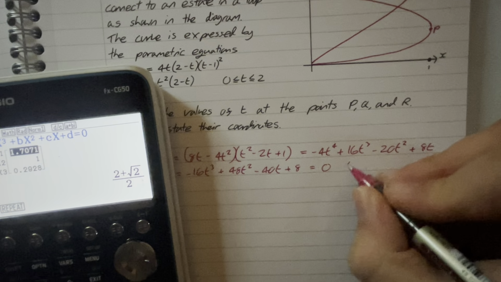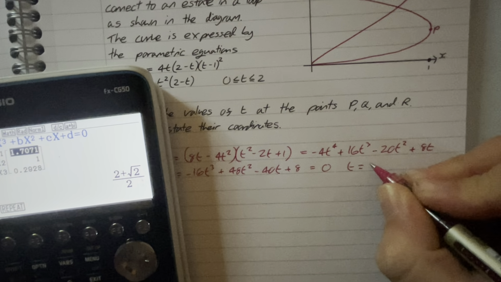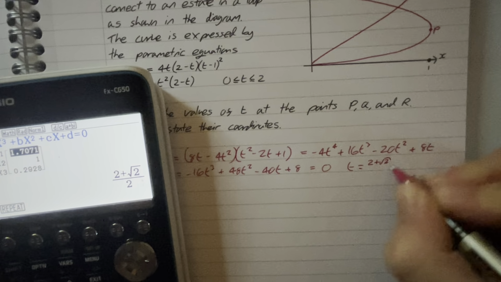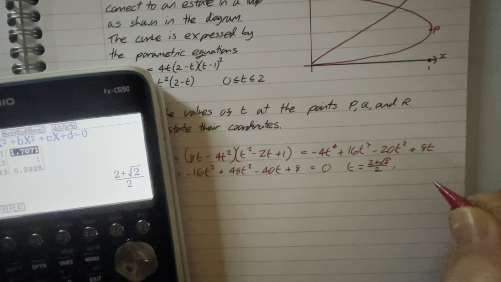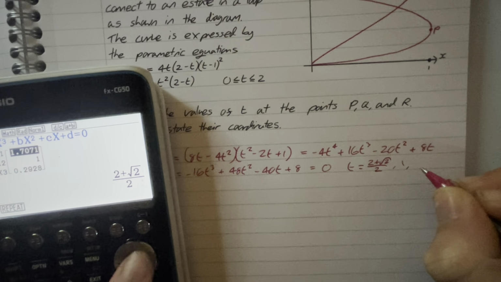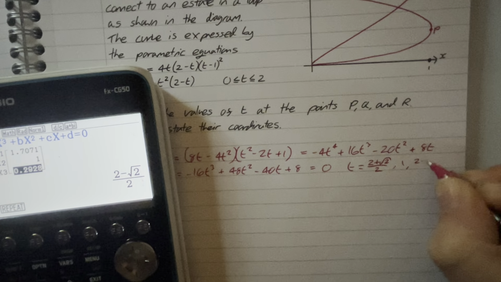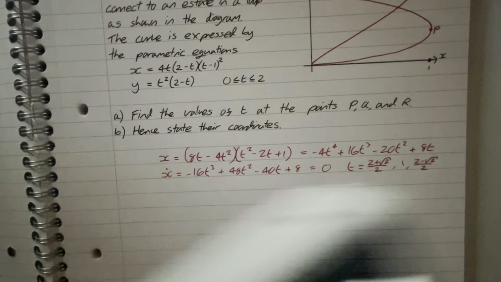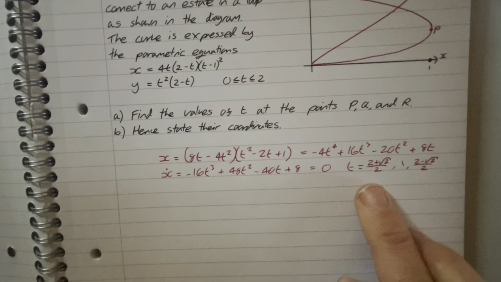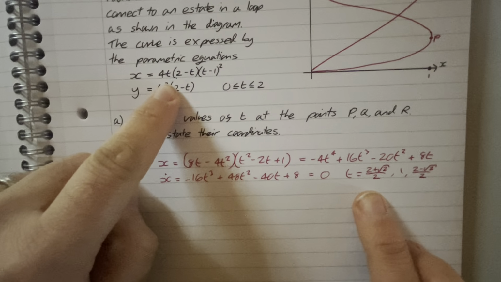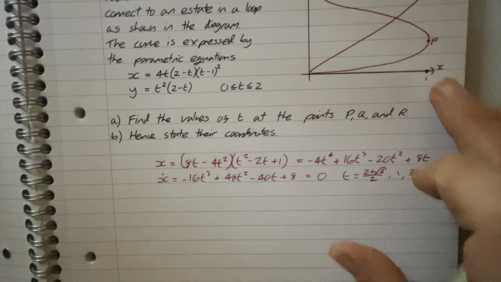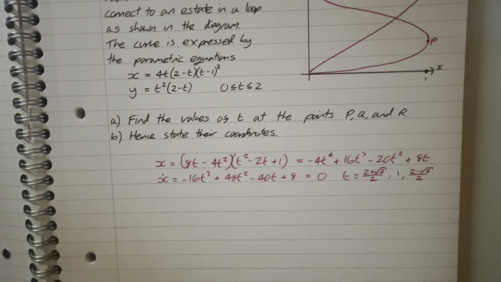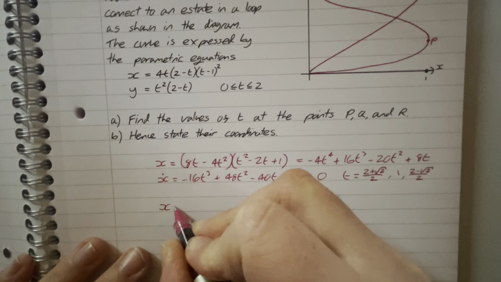Okay, so I get t is going to be equal to 2 plus root 2 on 2, 1, and 2 minus root 2 on 2. Okay, fantastic. Now, if I take those t values and plug them back into the definition of x, I should hopefully get 1 twice and 0 once. So x